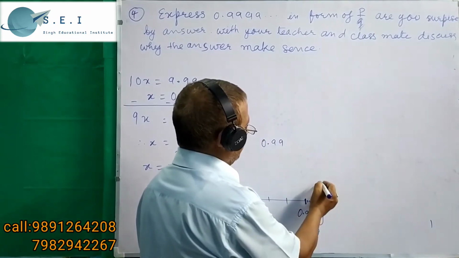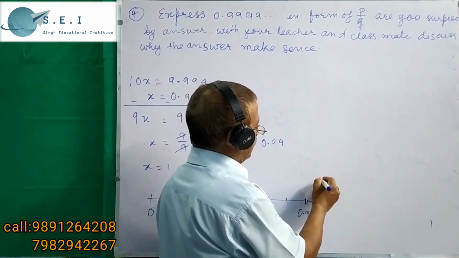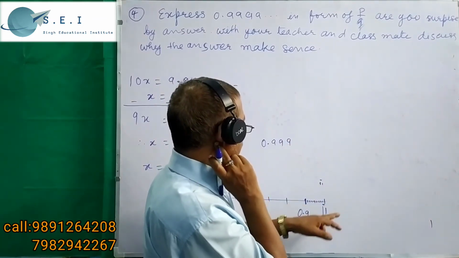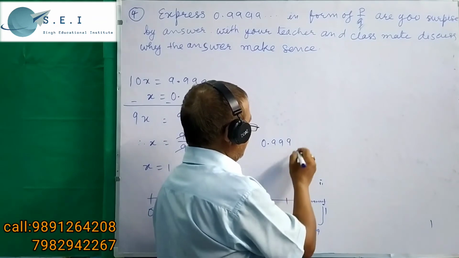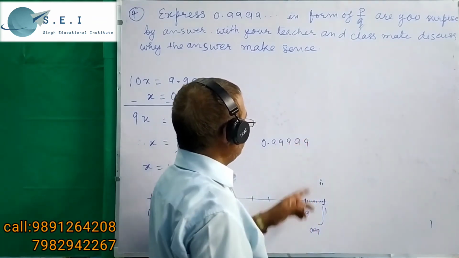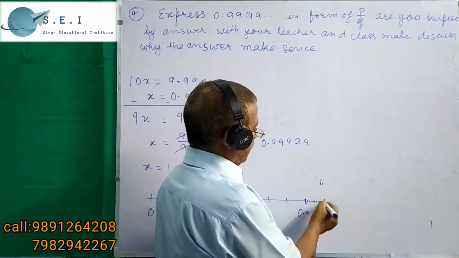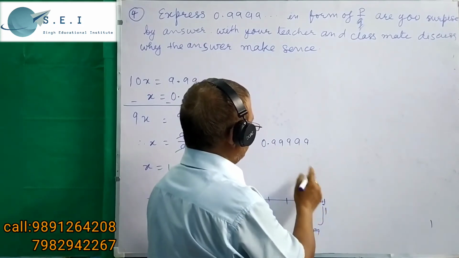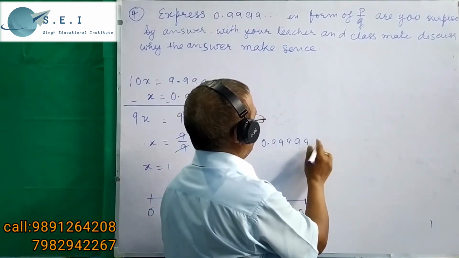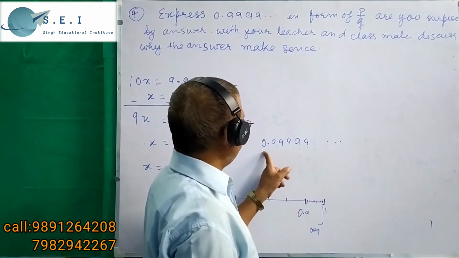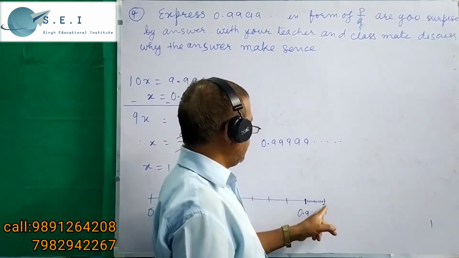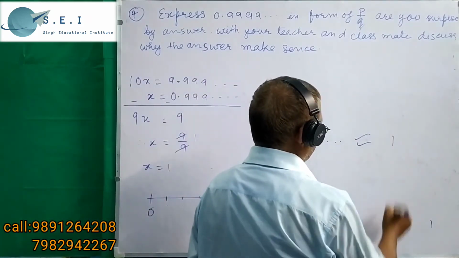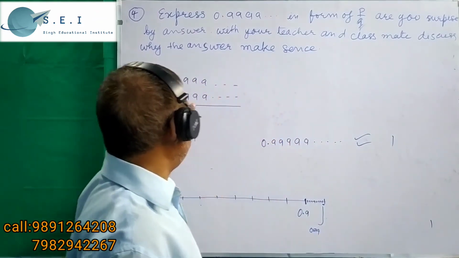In the next step, if we divide this interval into 10 equal parts and write the value of 0.999, it goes closer to 1. And as we increase the number of repeating digit 9, the point approaches 1 and the gap between 0.99999 and so on, the gap between this decimal number and 1, is very small and negligible. Therefore, it is approximately equal to 1. So, the decimal representation of 0.9999...